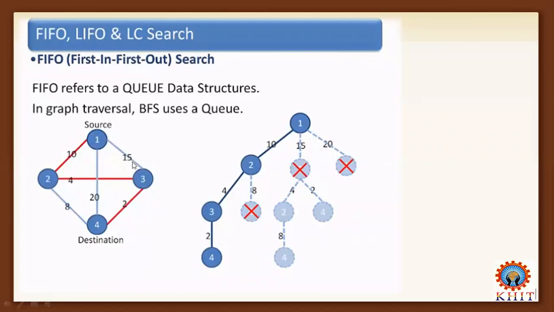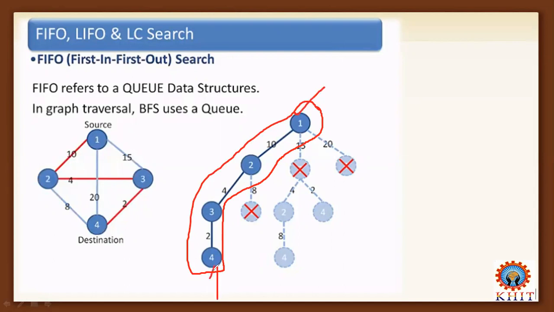So already I said that. You will be getting the solution, this is the solution for finding the shortest path from source vertex 1 to destination vertex 4 by passing 1 to 2, 2 to 3, 3 to 4, with a minimum total cost of 16, and you need to discard the remaining nodes. Why? Because these are not producing the optimal solution.